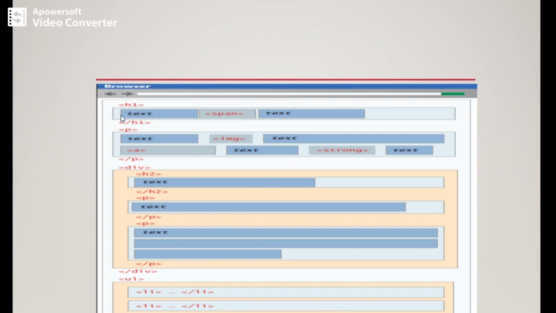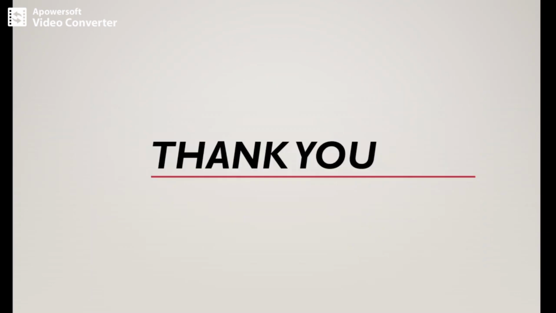Here this is your block element h1 and inline is span. Again block element p, and these are all inline: img, strong, a tag. Again the paragraph tag is closed, then div tag is open. h2, paragraph tag, all these are block elements. So the flow is from top to bottom. Clear? Okay. Thank you.